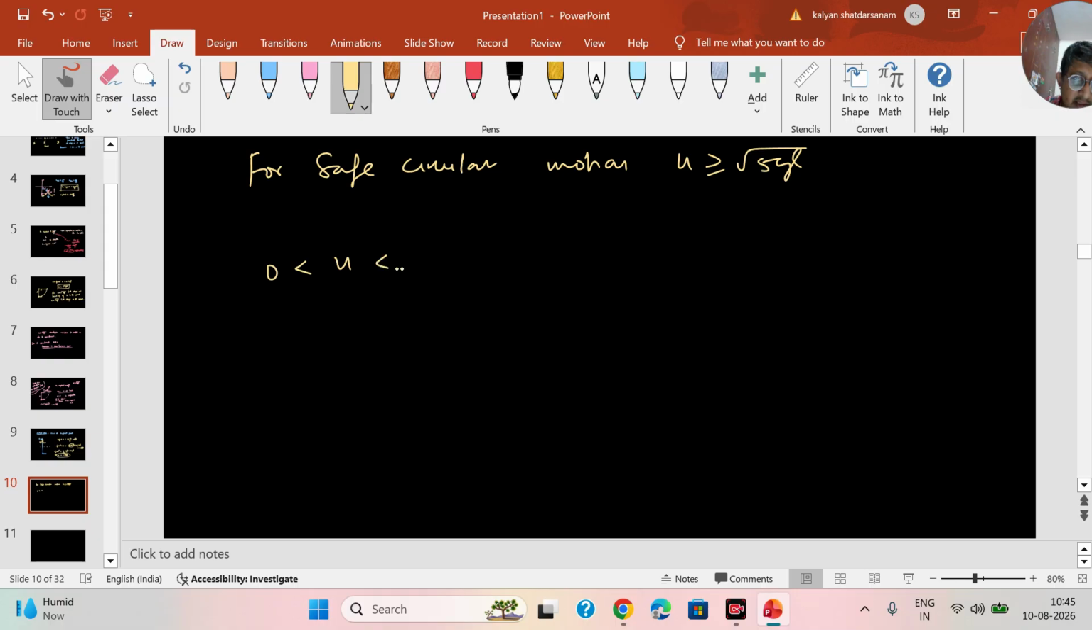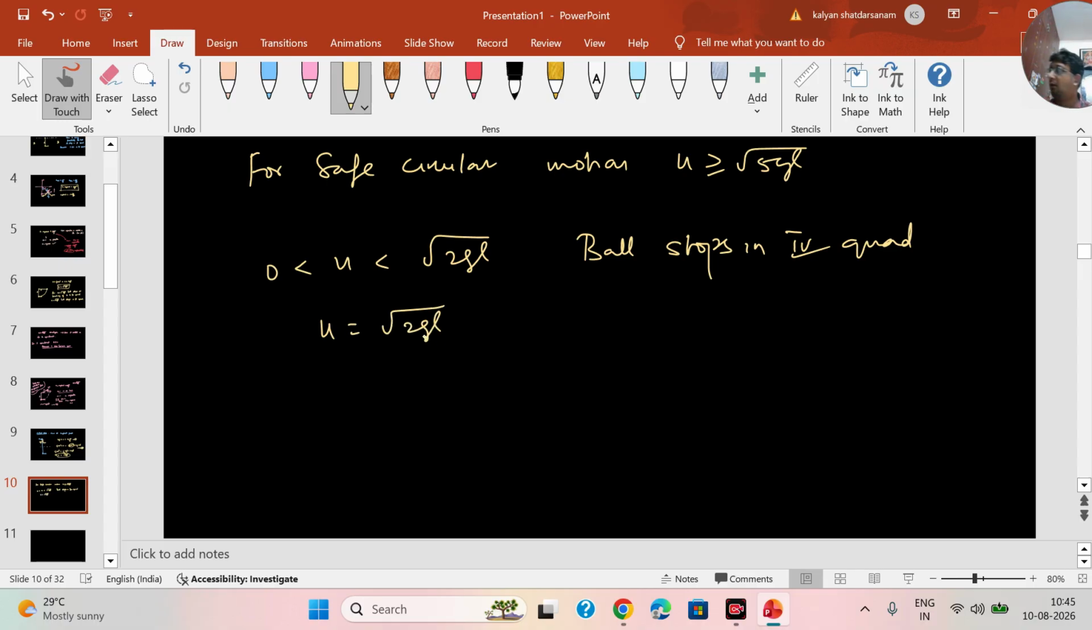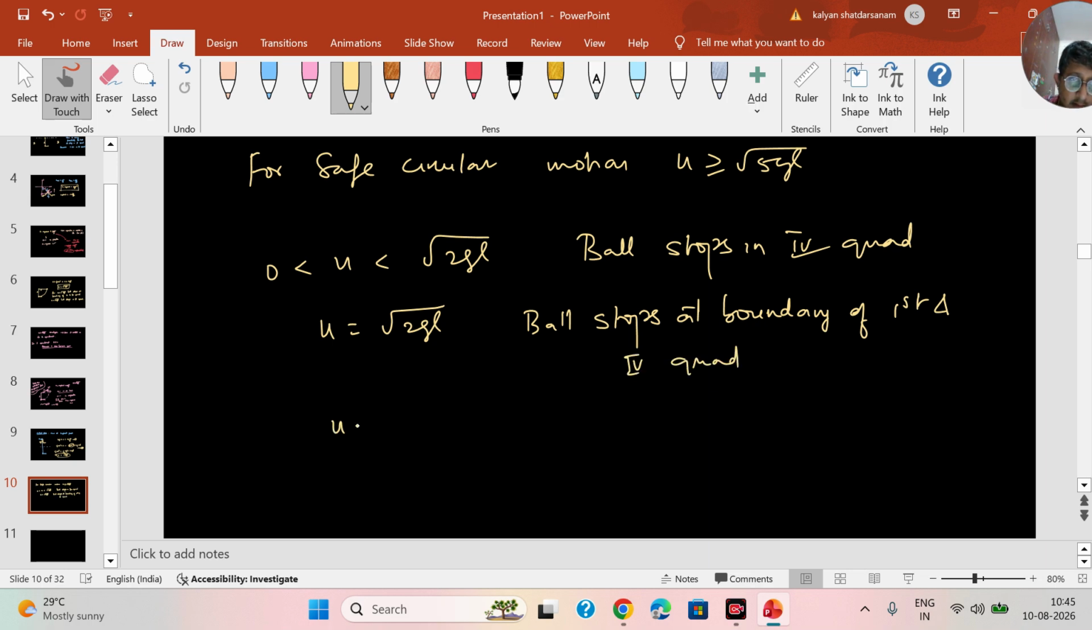If 0 less than u less than root 2gL, the ball stops in the fourth quadrant. U equal to root 2gL, the ball stops at the boundary of the first and fourth quadrant. And root 2gL less than u less than root 5gL,